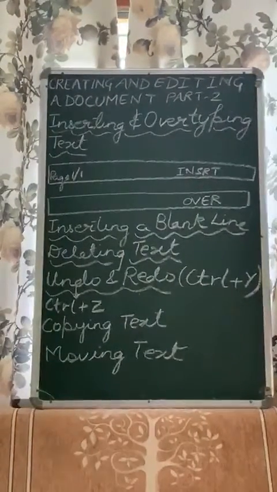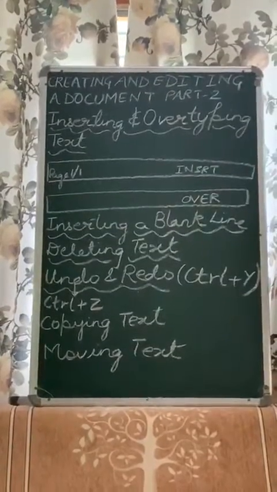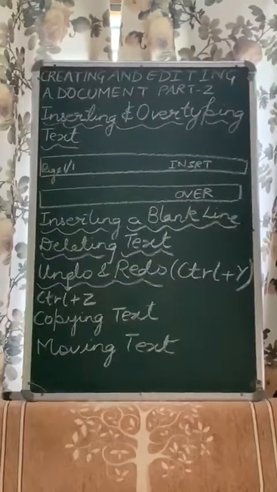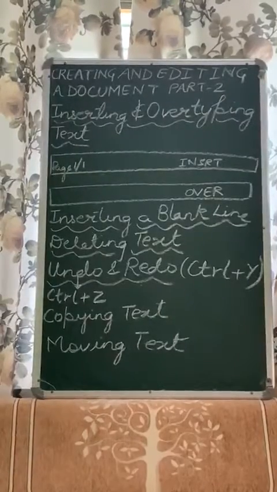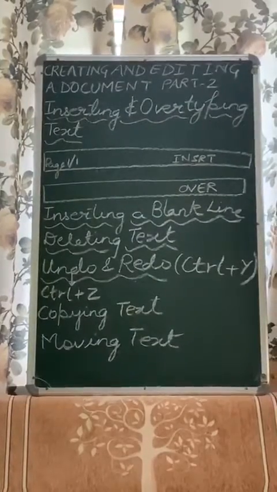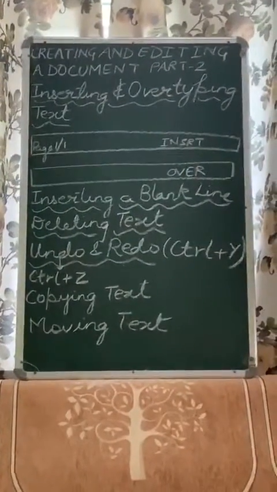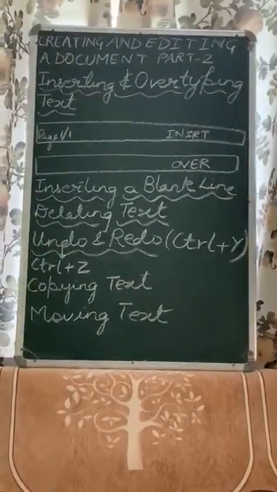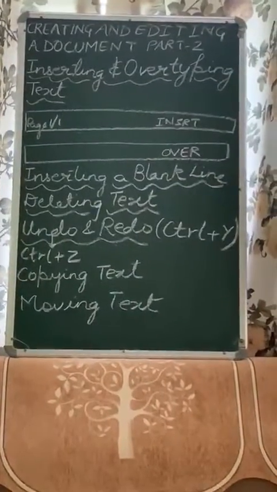Now sometimes you may need to type and replace the current text. This can be done using the overtype mode. Now to overtype the text, you will again be pressing the Insert key from the keyboard, or you will be clicking on INSRT on the status bar again to turn on the overtype mode. Here the overtype mode will be indicated by OVER appearing on the status bar. It is clear in the video also that instead of INSRT, it will be replaced by OVER when you have to overtype the text.